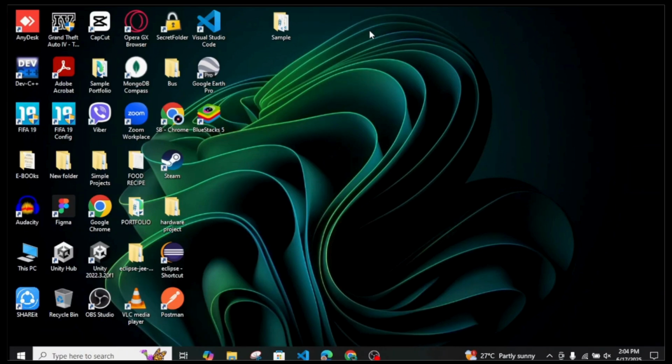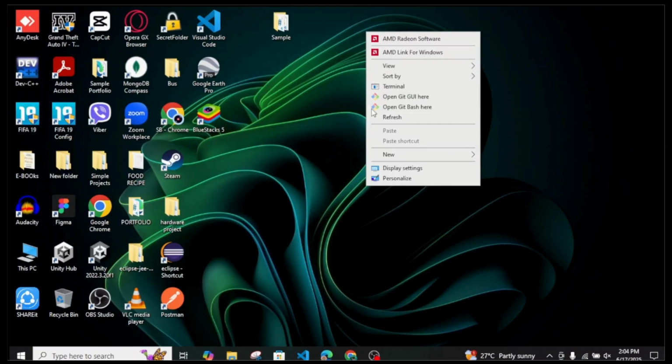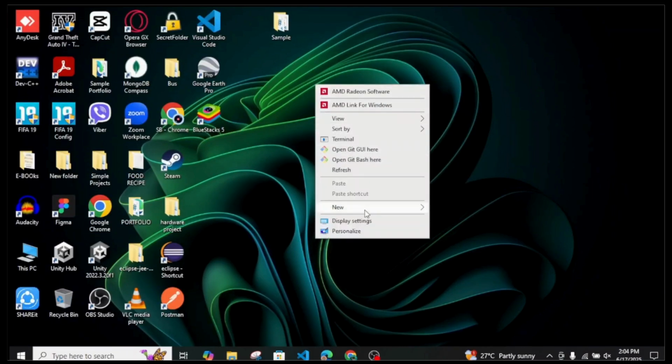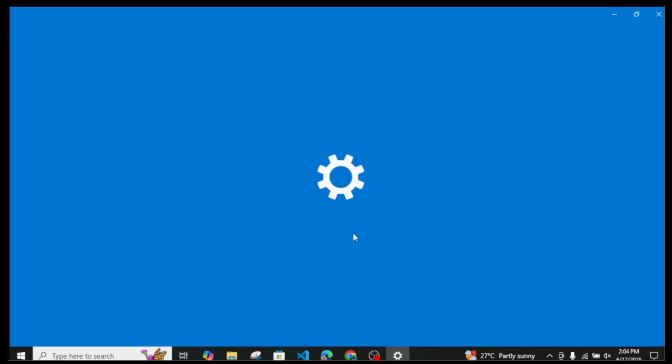In this quick tutorial I'll be showing you how you can easily change your wallpaper on desktop. It's a pretty easy process. If you're using Windows 10, just right click on your mouse and head over to this personalize option. It basically opens up the